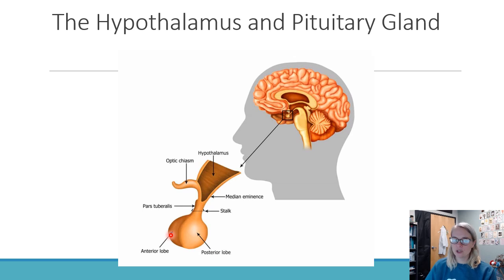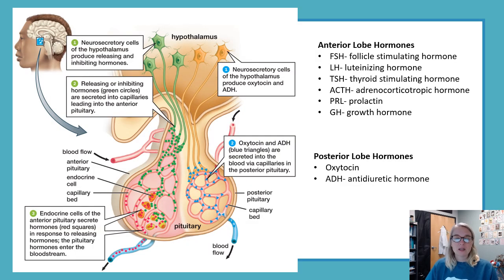where most endocrine organs might secrete 1 or 2, maybe 3. The pituitary gland, both the front and the back, produce about 9 or secrete 9 different hormones, 8 to 9, depending on your book. All right, so the master gland, it controls a lot of different parts of our body. So let's dive a little bit deeper into the pituitary gland.